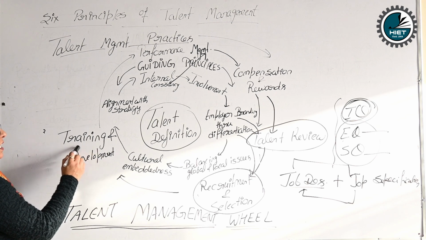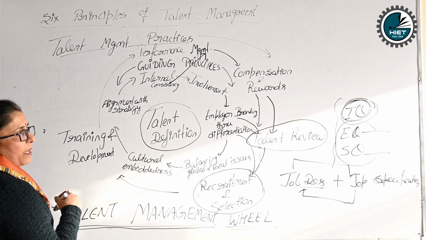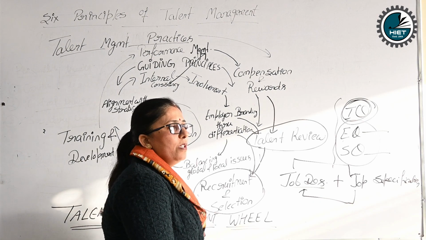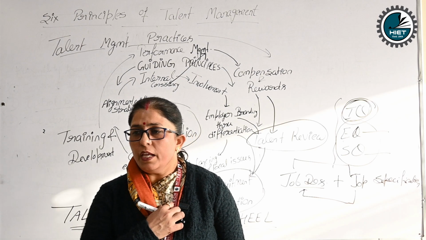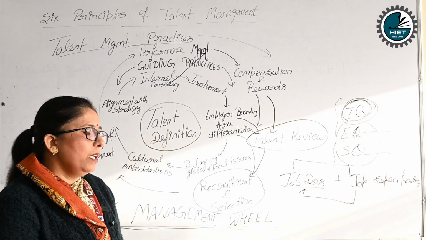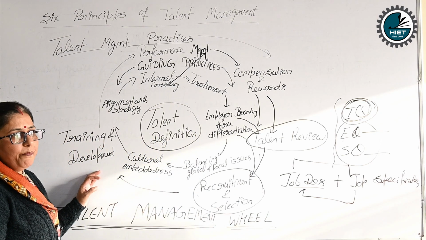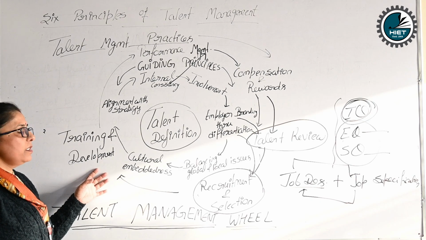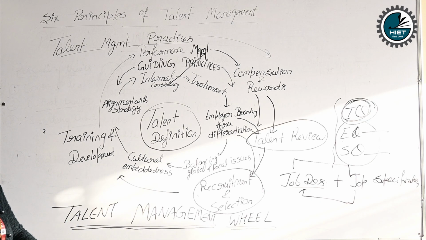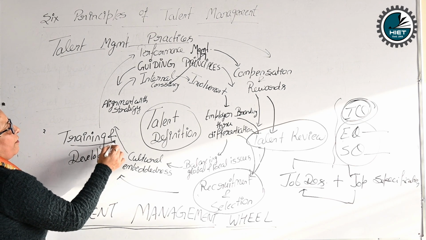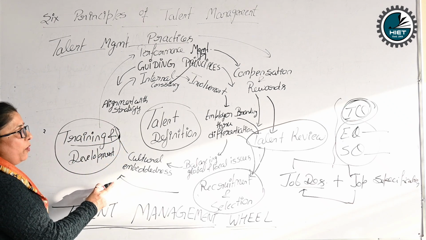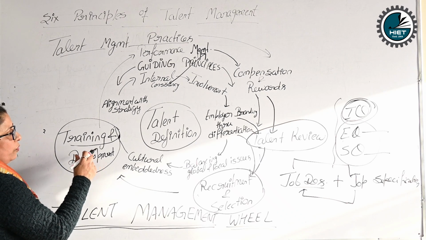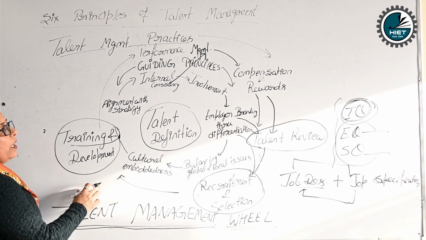So what does this training and development program actually do for talent management? Suppose a person is already working on some mobile technology and knows the concept very well, but after getting into the work area and the work culture, the person has to learn many more advanced applications of mobile. So the training and development side of the organization will find out that talented employee, and that employee will go through many more skill development programs.